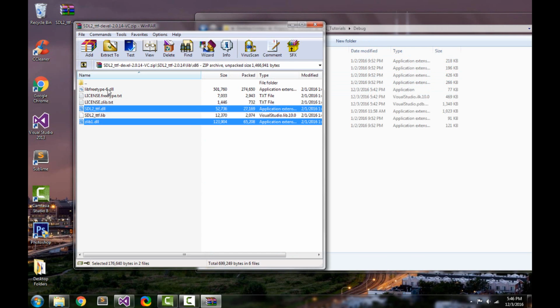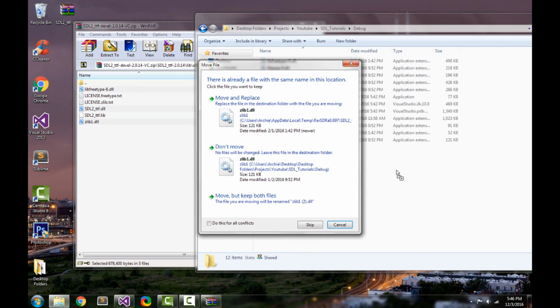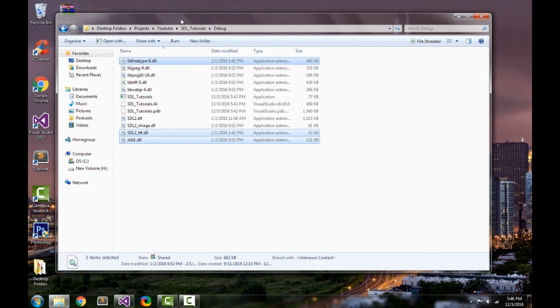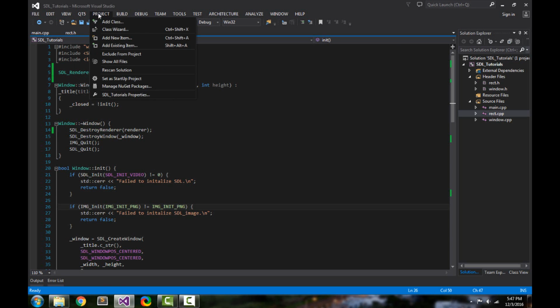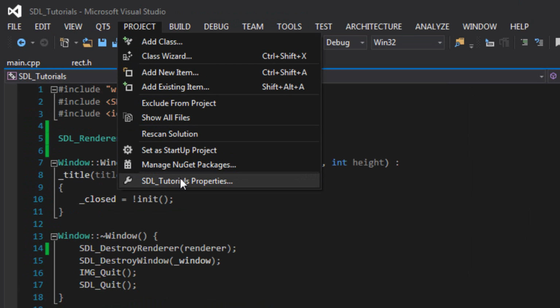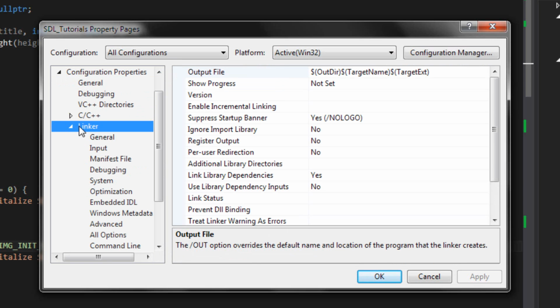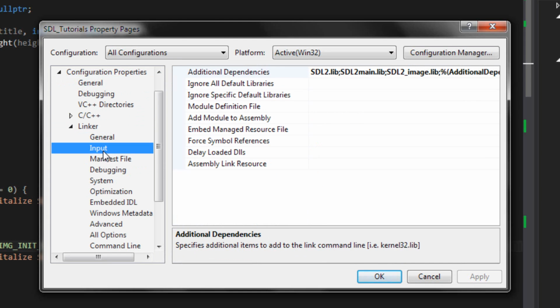I'm just going to drag in all of them and then cancel the ones that we already have. Don't move, and we're good. Now you can close out of this and go back into your project. Click this project tab, click your project's properties, click configuration properties, linker, and then under linker go to input and